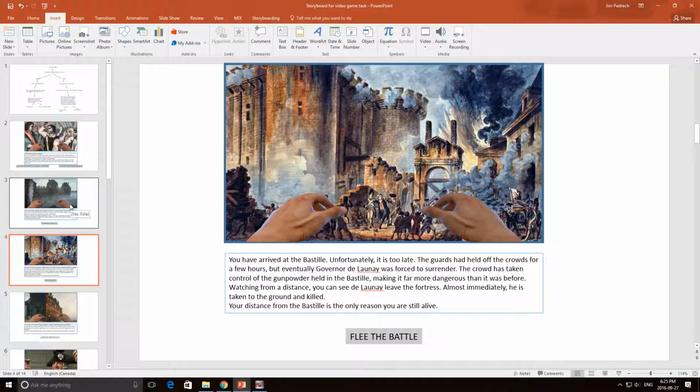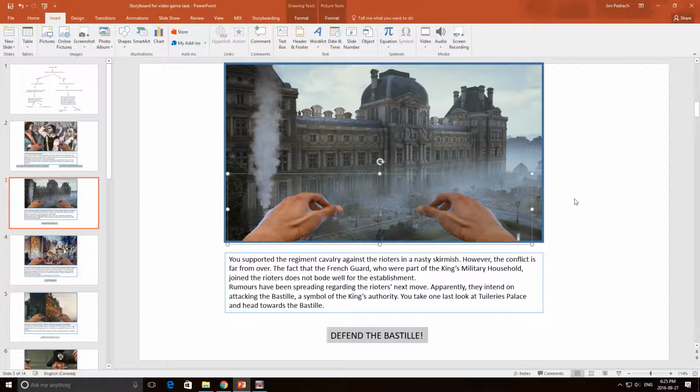I've also added these hands to give the storyboard that first person view, and again that's not necessary, but it kind of helped me think about what I want these scenes to look like. And all I did there is I found a picture of two hands. I think I just typed in first person shooter or first person hands into Google, got this image, and if you click on an image in